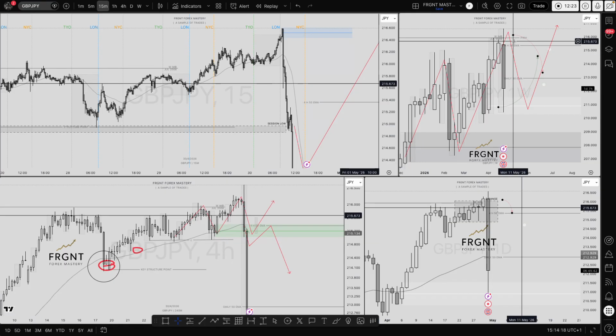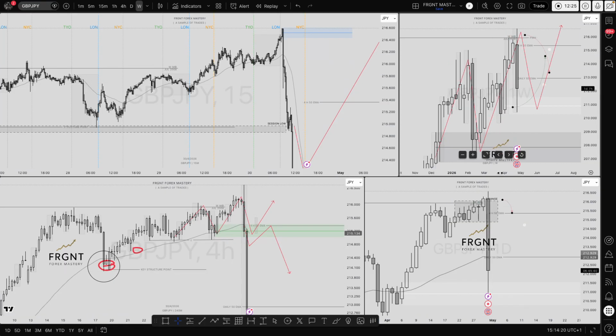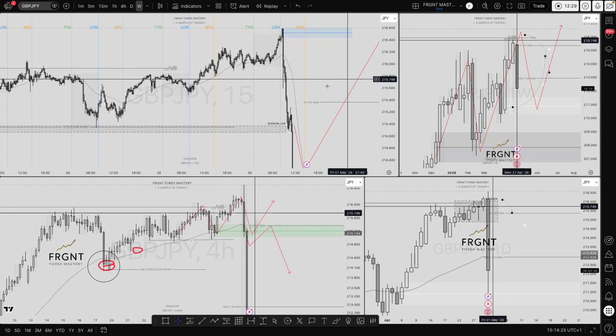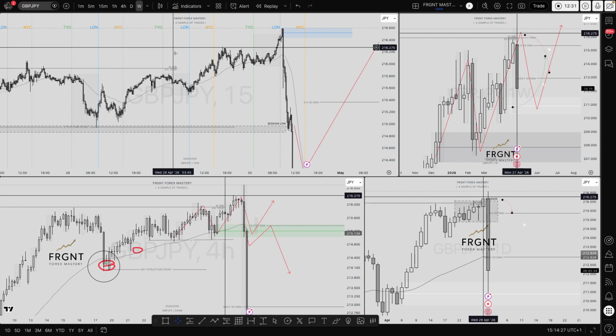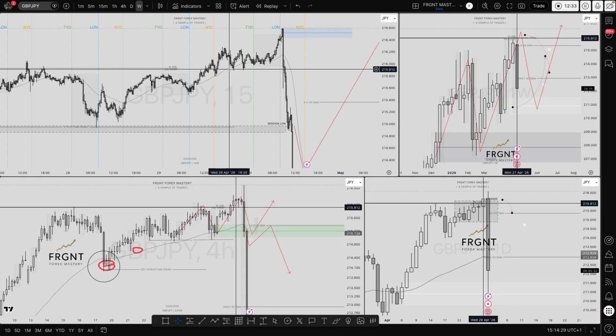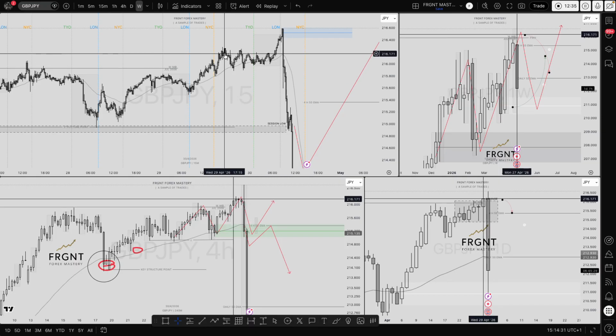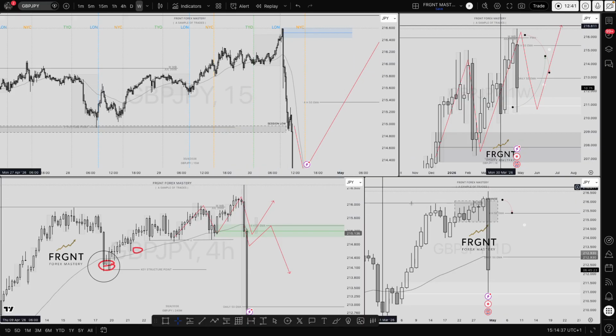So I was using the wick imbalance in the top right hand corner from July 2008, looking for the liquidity to step into the market. Had a nice break of structure on the lower time frames, looked for the short, and then got stopped out overnight, unfortunately. Break even, to be honest, so it's not the end of the world.